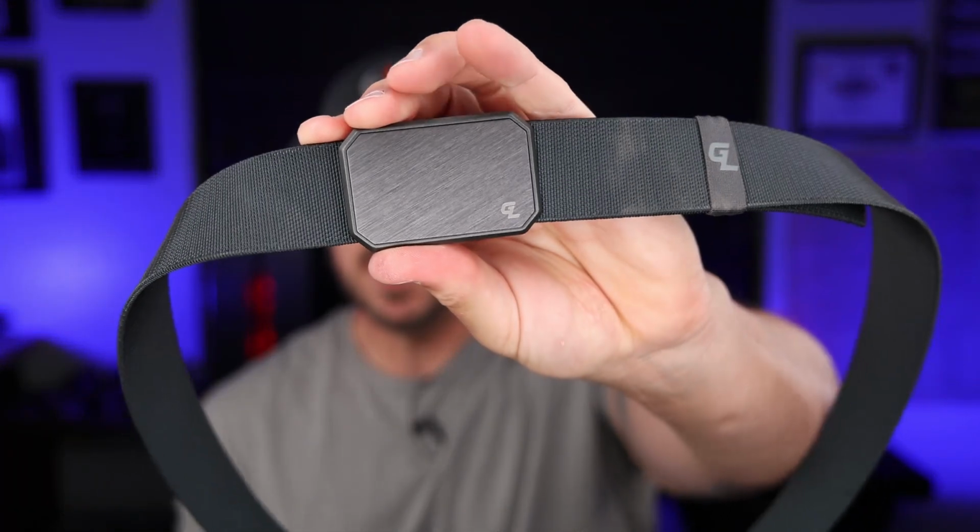Then the next one getting thrown into the carpet here is going to be the Groove Life belt. Now I actually do quite like what they have done here with this belt. It's carryable, but only for light carry, light EDC. So if you tried to wear this for an out of the waistband belt or something, it's gonna give a little bit. So it's not gonna be like a true maybe EDC belt, although that stretchy material is nice. Very thin, very malleable, got good stuff going on, but it just doesn't hold up to some of the others